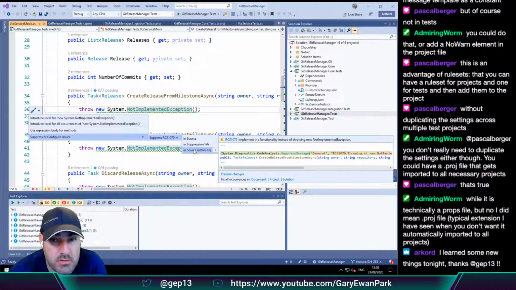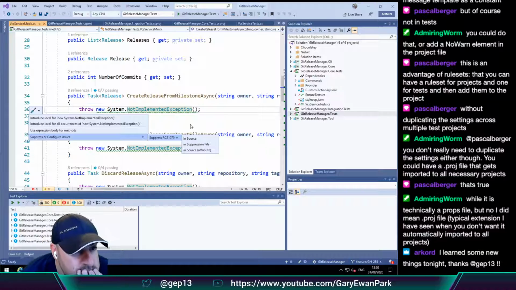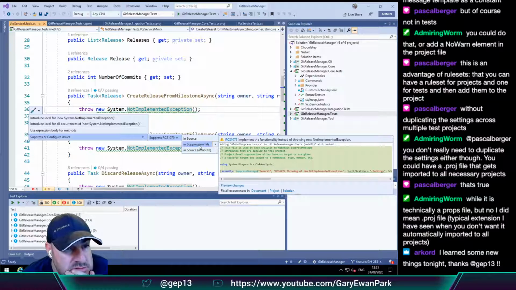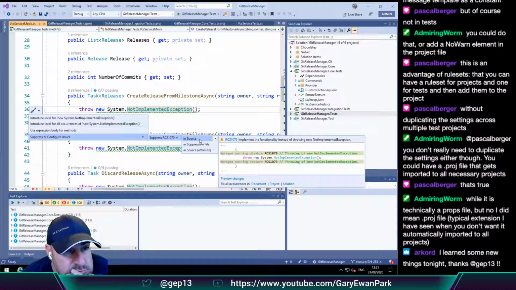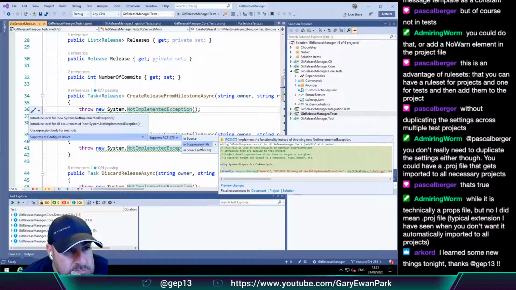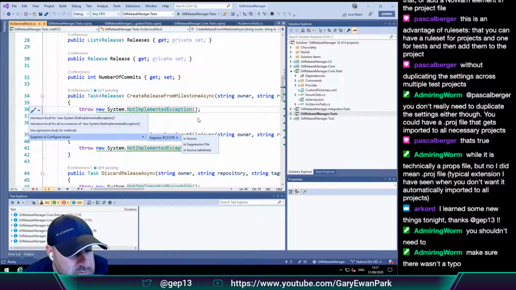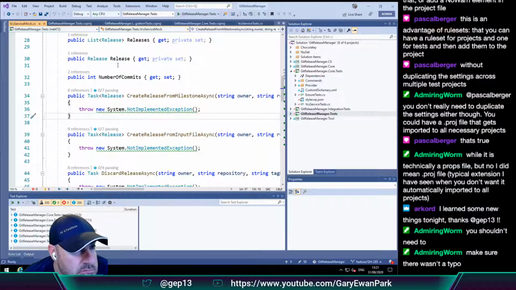Do I need a global suppressions.cs file for this one? I don't really want to put it in source. I didn't think we should need to either. Make sure there wasn't a typo.